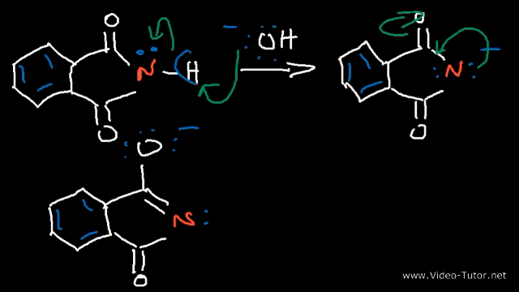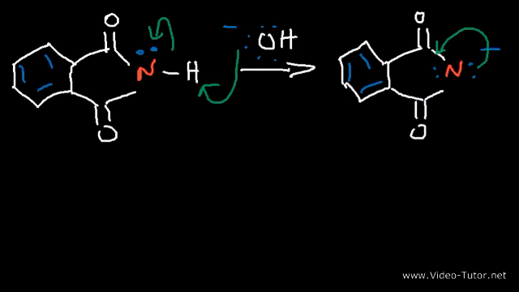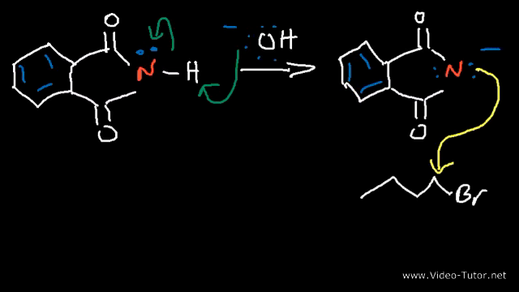So that's why this hydrogen is acidic. It's due to the resonance stabilization of the conjugate base. So what's going to happen in the next step? Once we add butyl bromide, or 1-bromobutane, the nitrogen with the negative charge is going to attack the carbon that